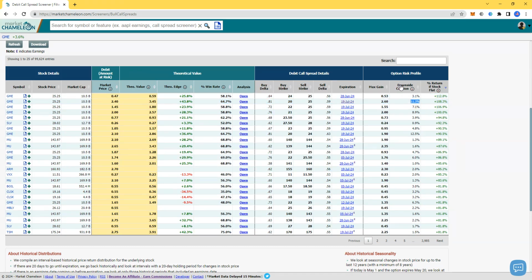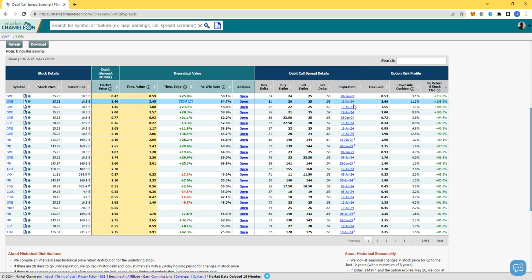And this number right here, downside cushion 11.3%, you can click here, but basically to make it simple, it says that GameStop needs to go down 11.3%, which is possible. Don't get me wrong, it is GameStop, but you have 11.3% down cushion for just break even. So GameStop needs to go down another 11% just for you to break even, not even losing, just to get to where you are right now. And this is the beauty of this edge, and this is why I pick Market Chameleon to find my stocks